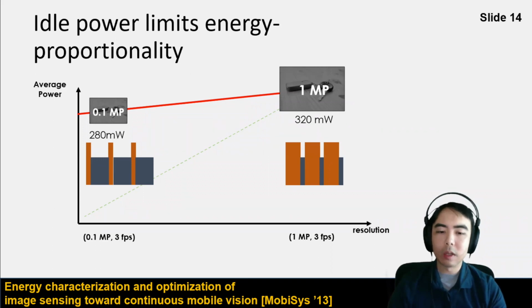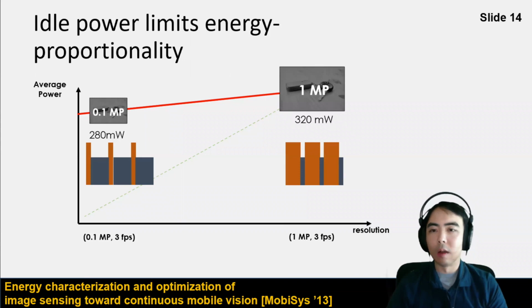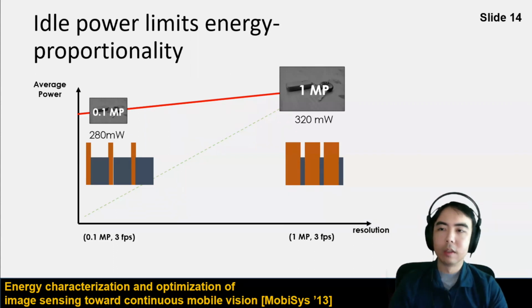And so what we wanted to investigate was whether there was some driver level manipulation we could do to create the savings that we really want. Instead of operating at that red line at the top, we'd operate more at that green diagonal line, so we can save energy when dealing with lower resolution images. We came up with 2 techniques, inspired by computing techniques, but 2 very simple techniques at the driver level, to create optimizations that enable this energy proportionality.